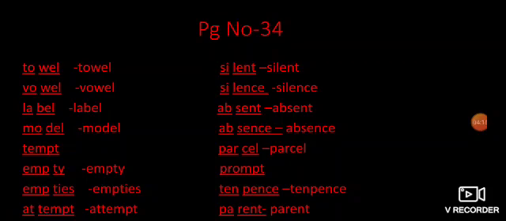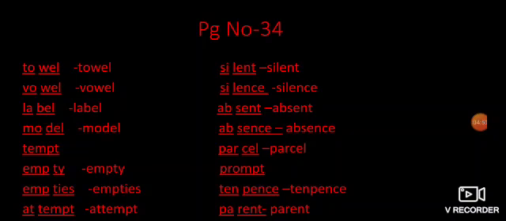Absent, A-B-S-E-N-T, absent. Absent is also an adjective. In case of some person or thing you can say that, like Rohan is absent in school today. You can use it in this way. And absence, this is the noun form of absent. Ab, sence, A-B-S-E-N-C-E, absence. Okay, absence, two different syllables here. Absence should be used like this: the absence of Rohan makes his friend lonely. You can use this word in this way.